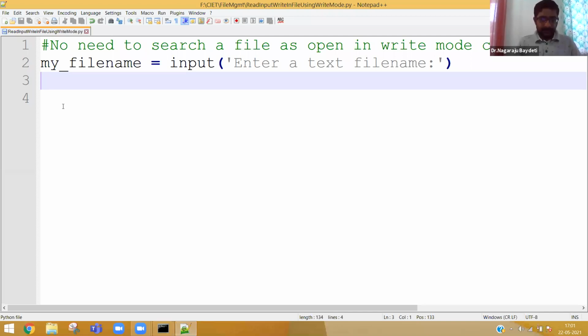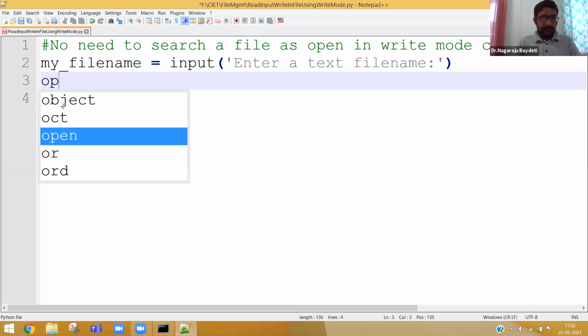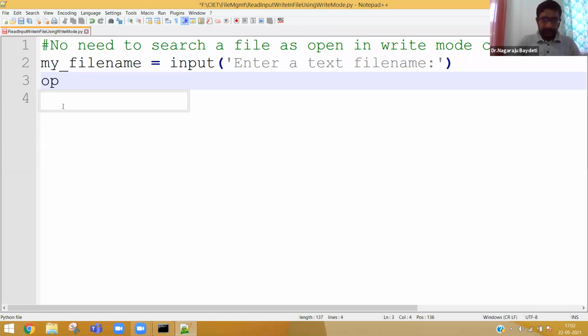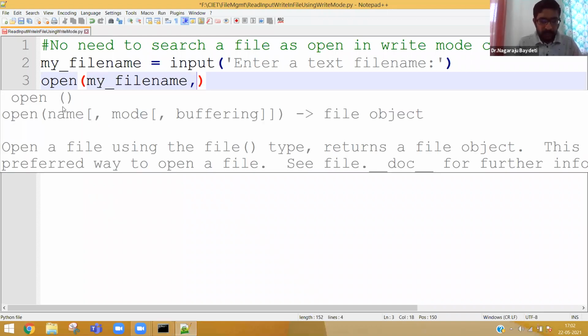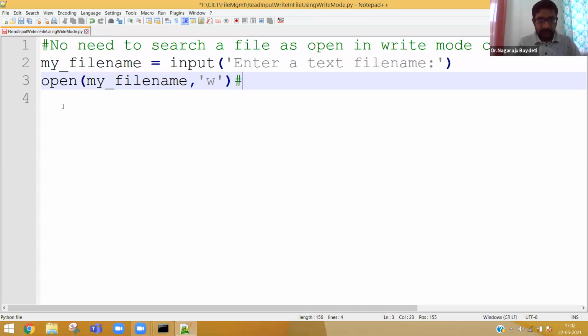Okay, then open my_file_name. In which mode? Write mode. W means write mode.